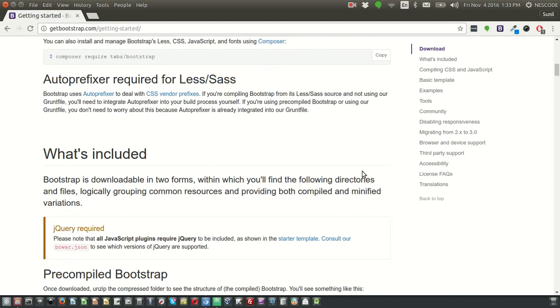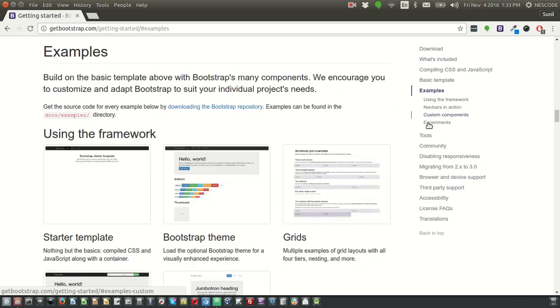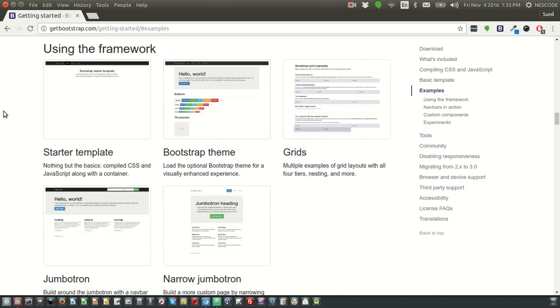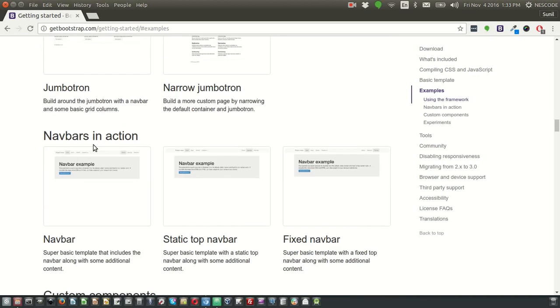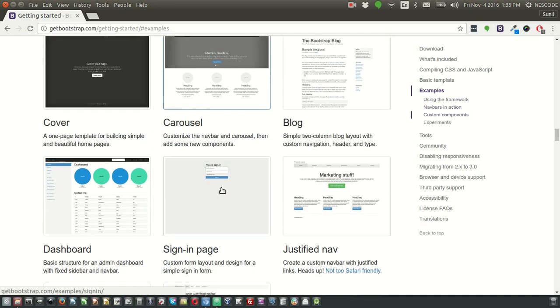There are a lot of details you will see, like accessibility, translation, basic templates, and examples. So you have the basic examples also which you can use for your project, and various navbars, components,